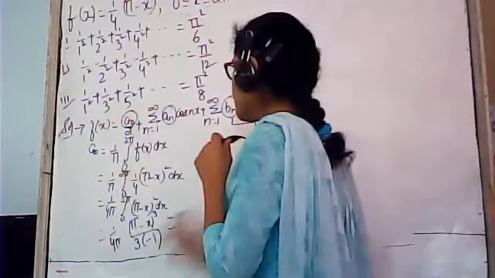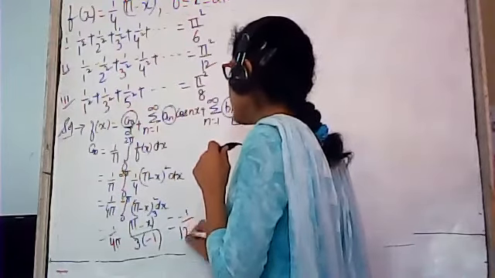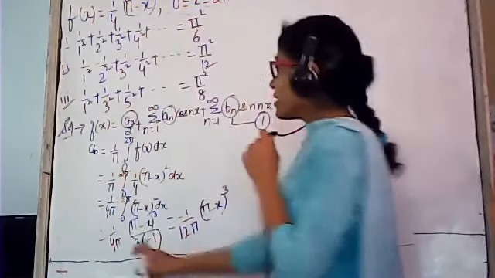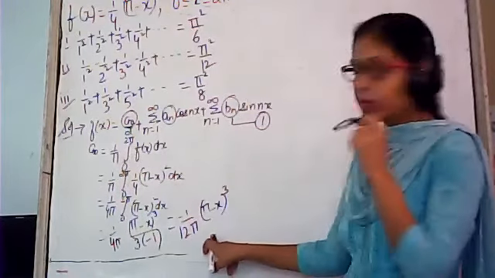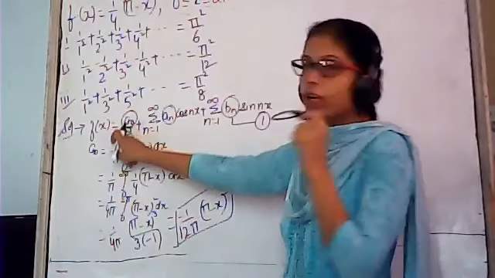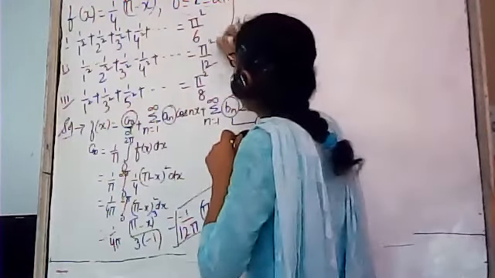So this is equal to, see beta, 4 into 3 is 12, and this minus sign, it will be equal to minus 1 upon 12 (pi minus x) the whole cube. So this is the value of a naught. This is the final value of a naught. We have to substitute this value of a naught here, but at the end, after that, we have to find the value of an. A student asks: ma'am, won't we put the limit values? Yes, we have limits also.